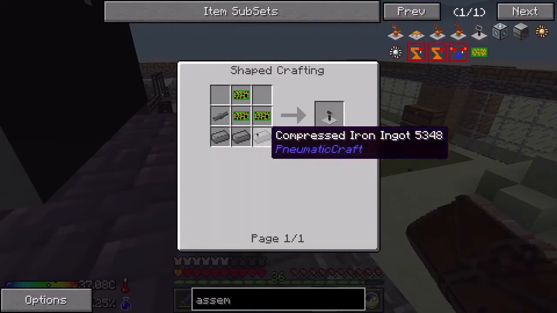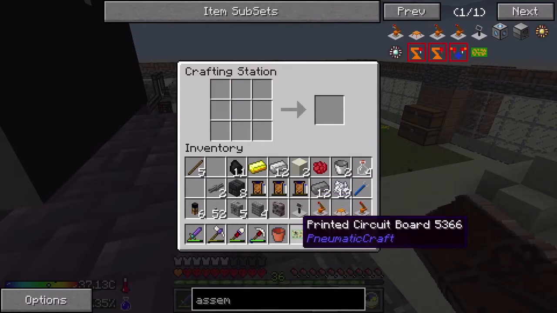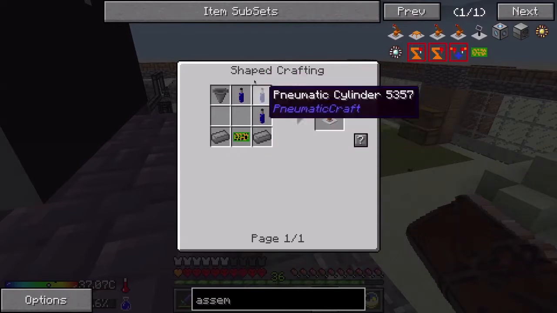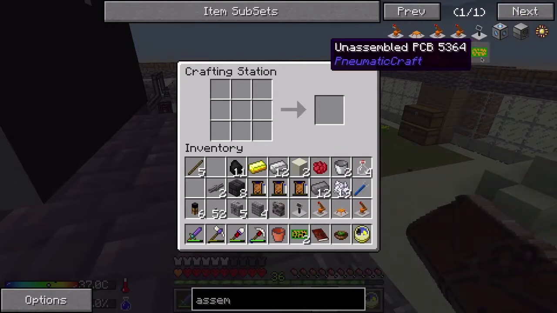Let's take the assembly controller. 1, 2, 3, tube, and that should have that. Awesome. So I've got these things. Still got 2 PCBs left. So the IO unit would take more blue plastic, more compressed iron, more gold, a lot of stuff. But once we have all of this in place,